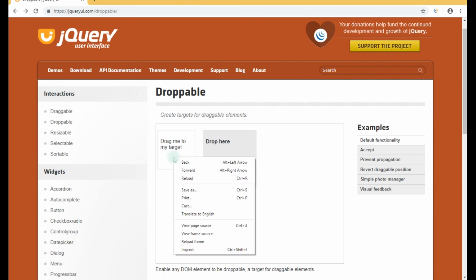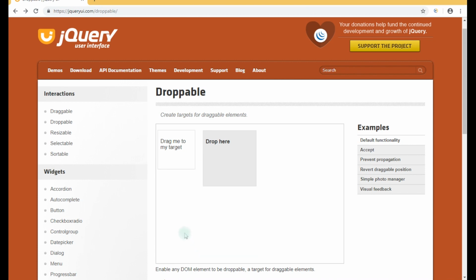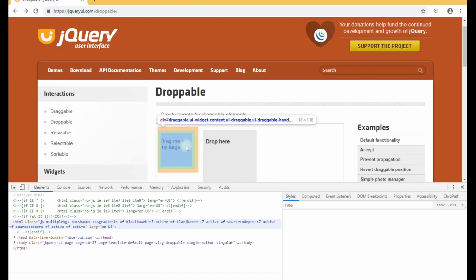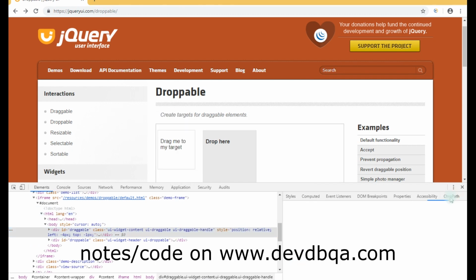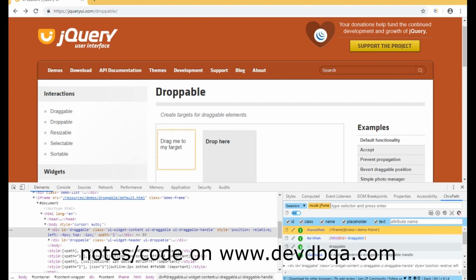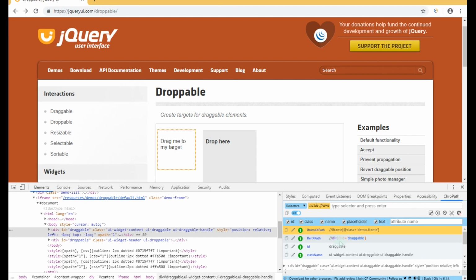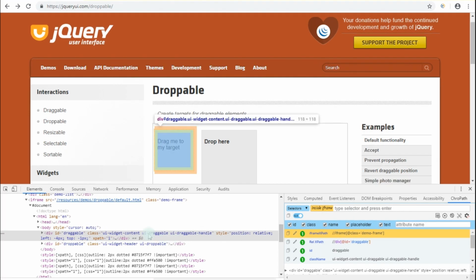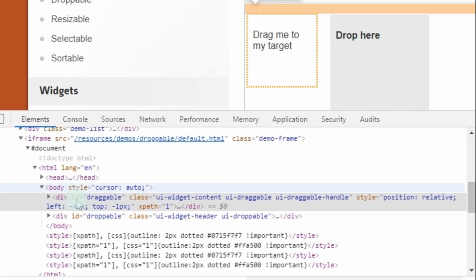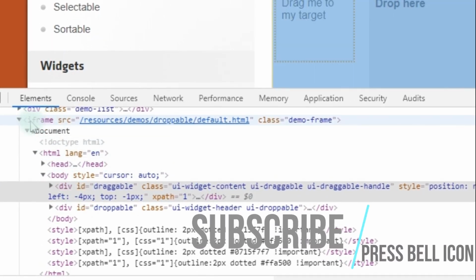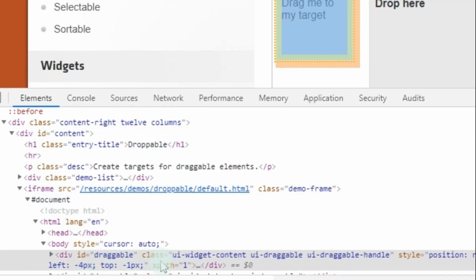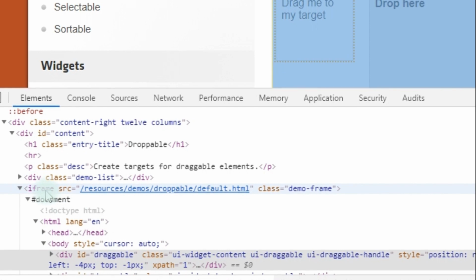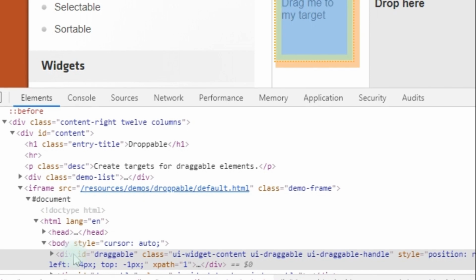For that we have to right click on any element and click on Inspect. This element is highlighted. We have to go to ChroPath over here and click on it. It will display the elements. It has displayed the relative XPath for this element. But before that we have to see that this element is present inside an iframe. As you can see, the iframe tag is mentioned over here and our element is present inside an iframe. So first we have to switch to this iframe and after that we can perform our drag and drop operation.